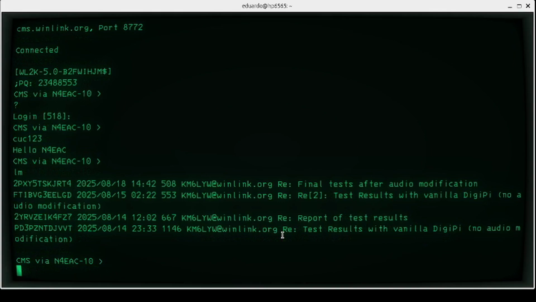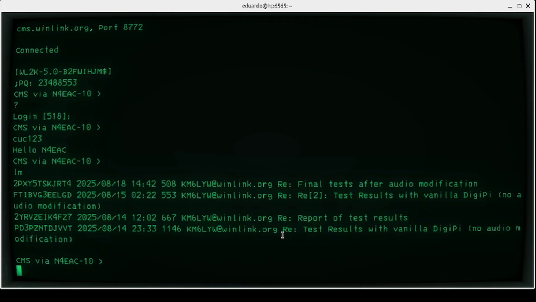Okay. Now let's say you want to read all messages in one shot. You can just type RM and it will scroll all the messages non-stop until the last message scrolls up completely. I don't recommend that on the terminal because it scrolls up really fast. You won't have time to read them in real time. You're going to have to grab your mouse wheel and scroll back up to see what's back there in the buffer. But you can read one message at a time.